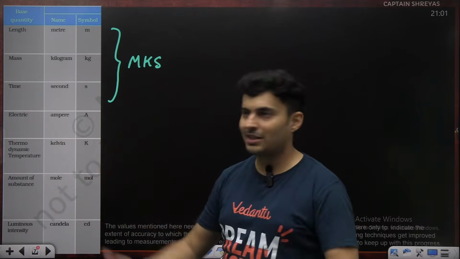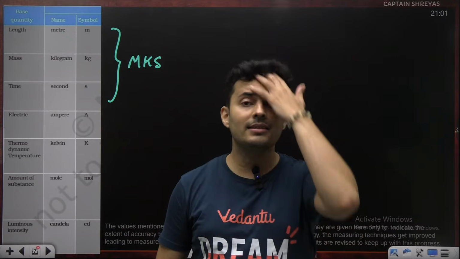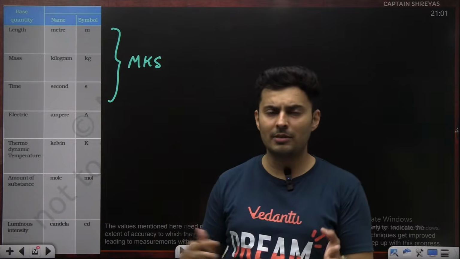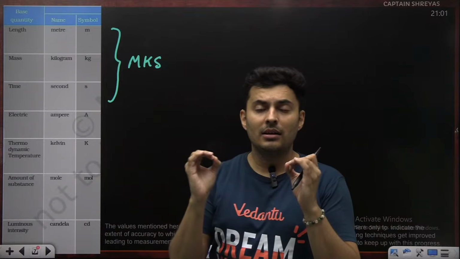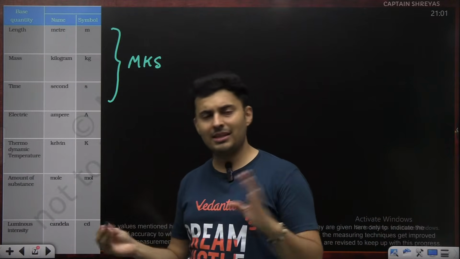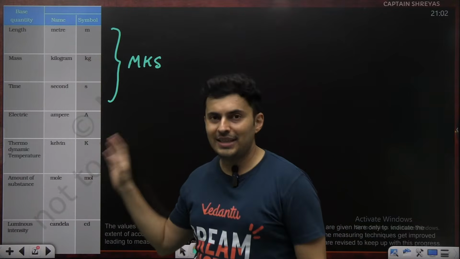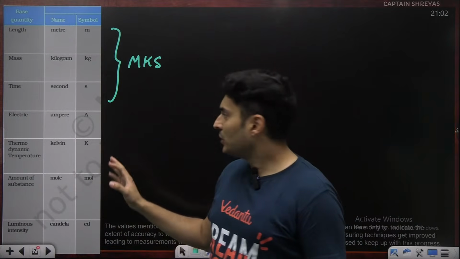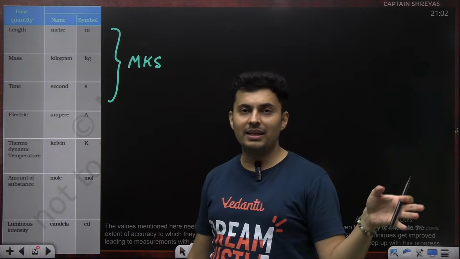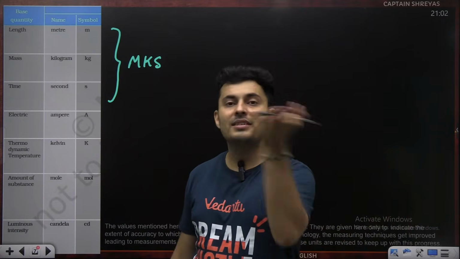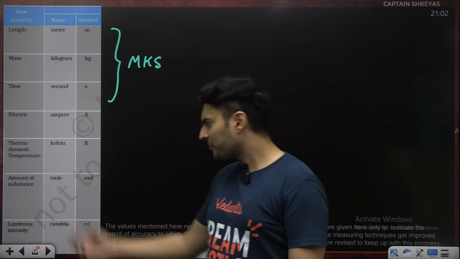Thermodynamic temperature, or just temperature, is not measured in Celsius or Fahrenheit. It is measured in Kelvin. Kelvin is the absolute scale. You will learn about it in chemistry. But remember that Kelvin is the scientific unit for measuring temperature. Although Celsius and Fahrenheit are correct, nothing wrong in it, but as a standard, this is something you should know. And you should also know that 0 Kelvin, which is the lowest temperature possible, is negative 273 degrees Celsius. Or 0 degree Celsius is 273 Kelvin. So the difference is 273.